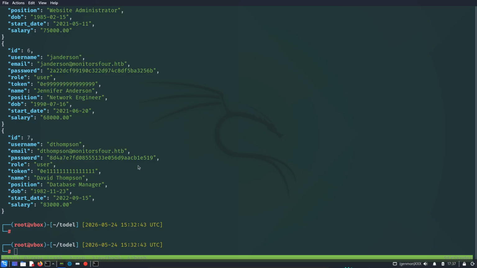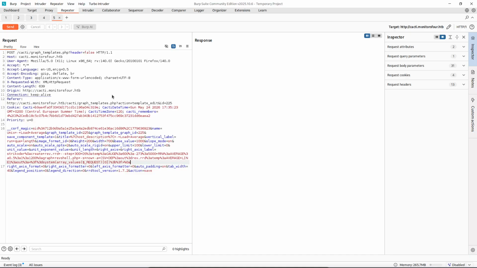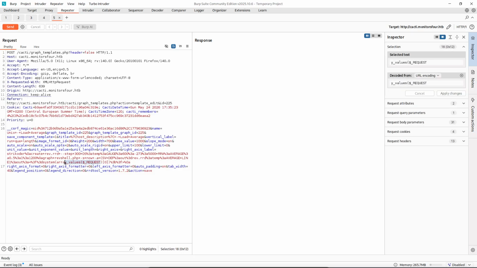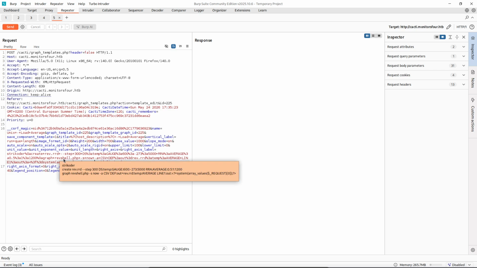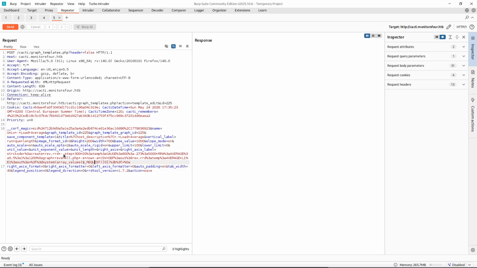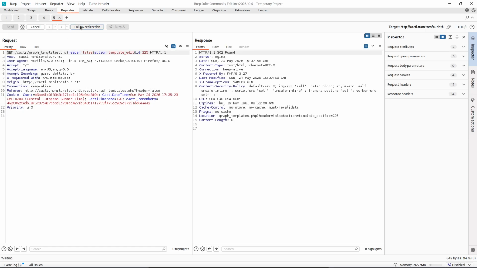We can leave that capital or small, it doesn't matter. We are just appending request 0. So whenever we try to reach request CMD and the ref PHP through curl, then we can get a reverse shell. I'm going to send this, follow redirection,